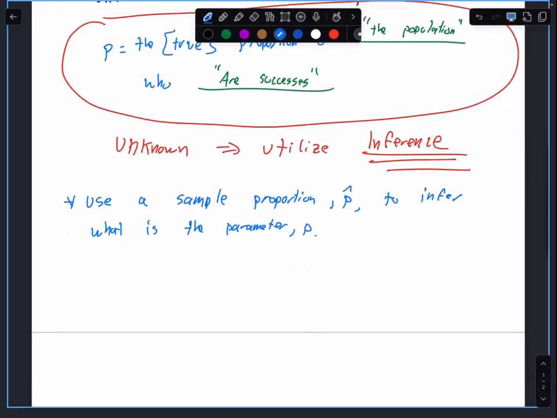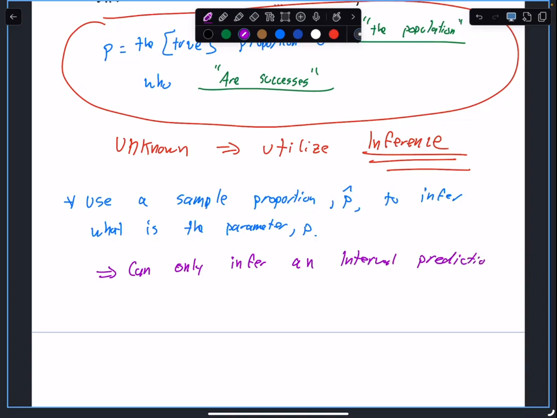However, we can only infer an interval prediction